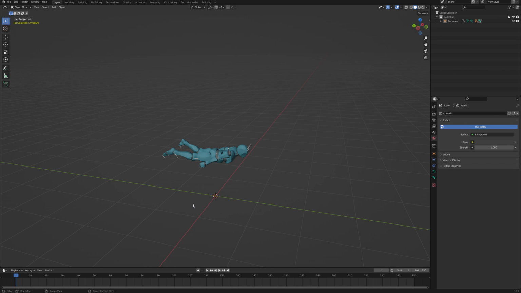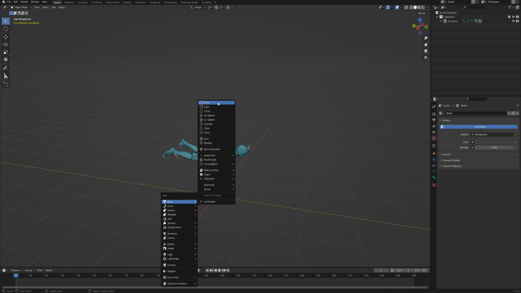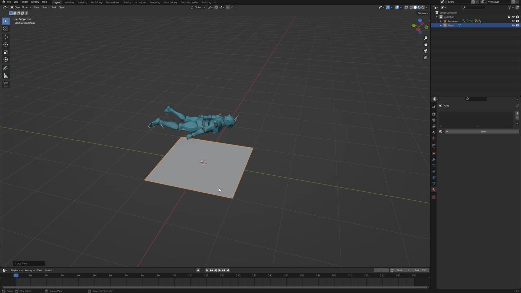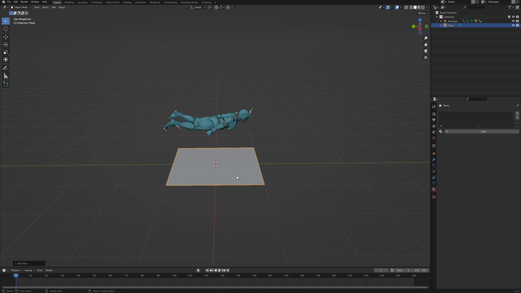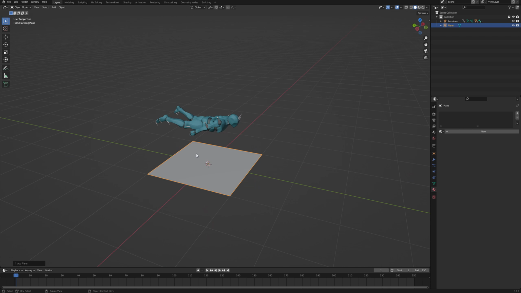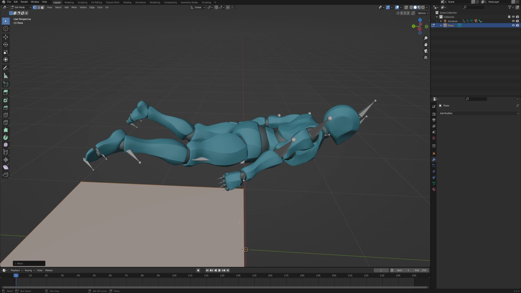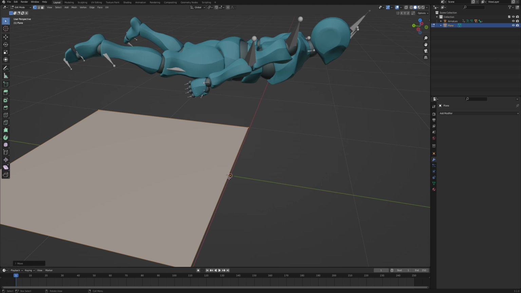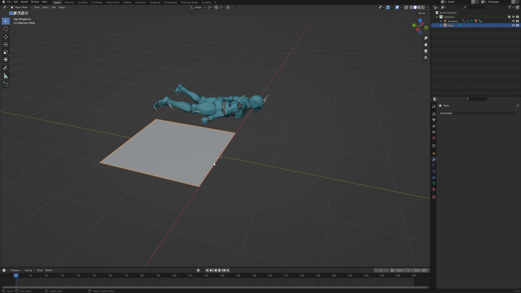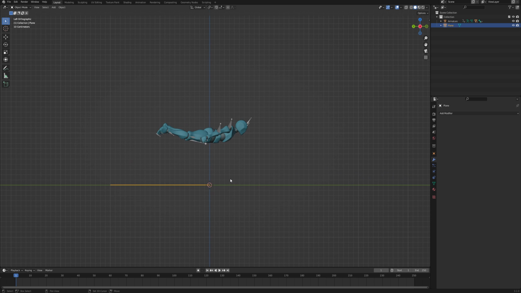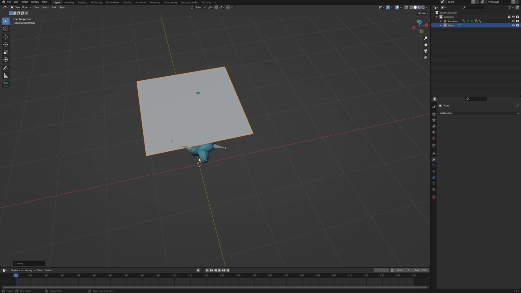Now let's create the cape. Shift A, choose Mesh Plane, and because we want to make this cape fully procedural so that you will be able to adjust it however you want even at later stages, we will need to add some modifiers to the stack. So first of all, let's go into edit mode and move it so that the beginning of our cape is actually in the origin of the world space, because that's where the pivot of the object is. Just make sure that it's somewhere about there. Now go out of edit mode and let's position it somewhere above our character. It doesn't have to be too precise, just make sure that it begins to look like a cape.